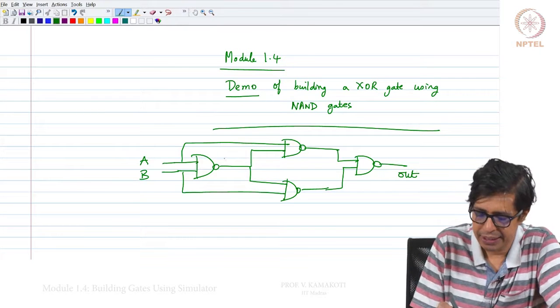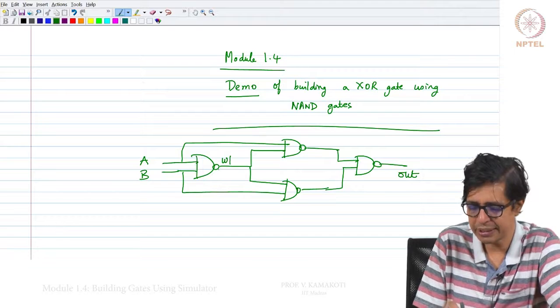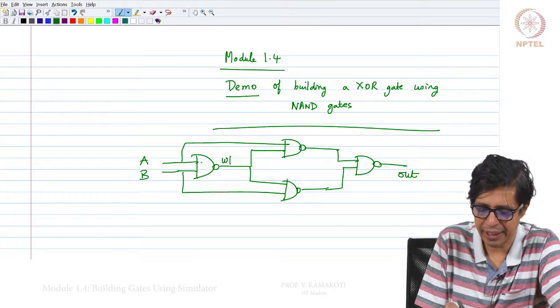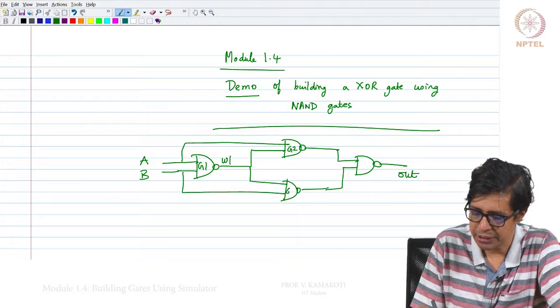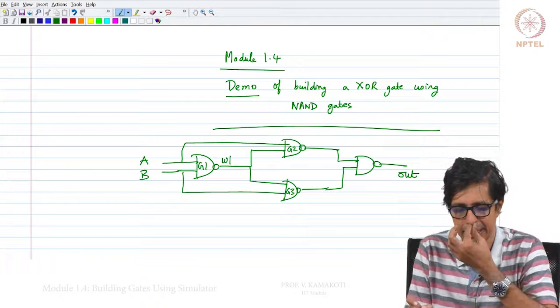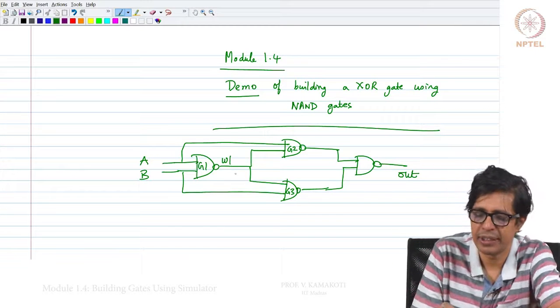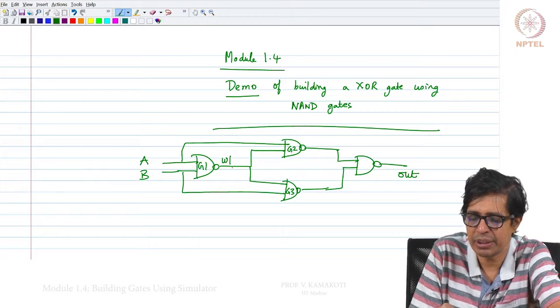Now, let me say there is a wire coming out of this particular NAND gate G1, this is G2, this is G3. There is a wire that is coming out of this NAND gate G1, this is W1,